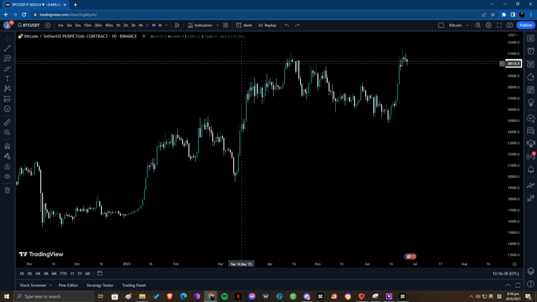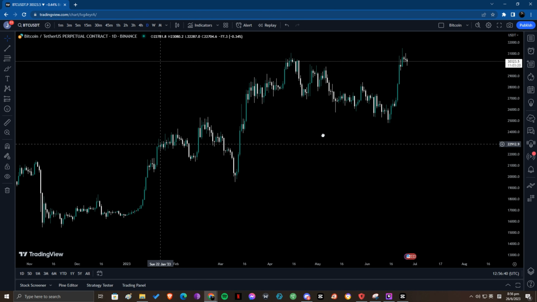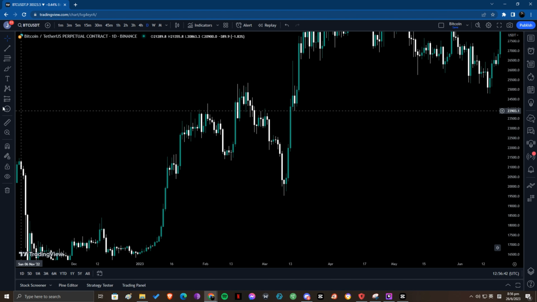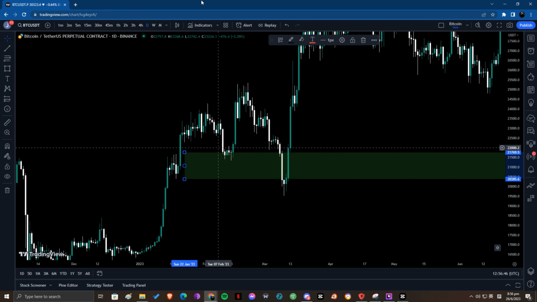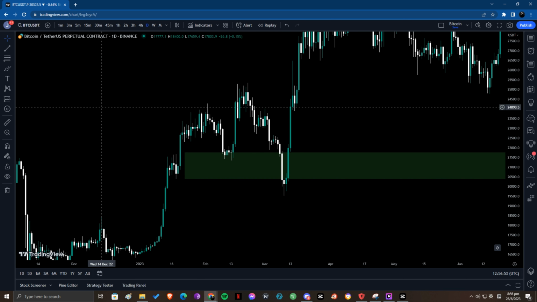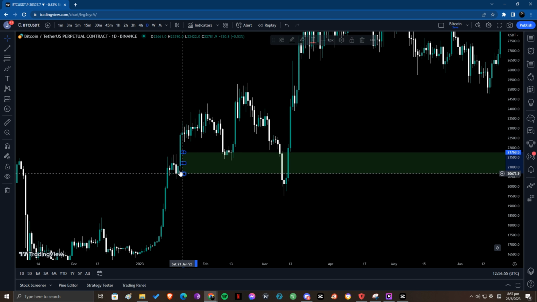Okay. So let's look for more examples of order blocks. So immediately, I can find an order block here. Okay. This is immediately how I can find order blocks. Okay, immediately I found an order block here, and we're going to refine it as usual. I don't want the wick, I just want the body.